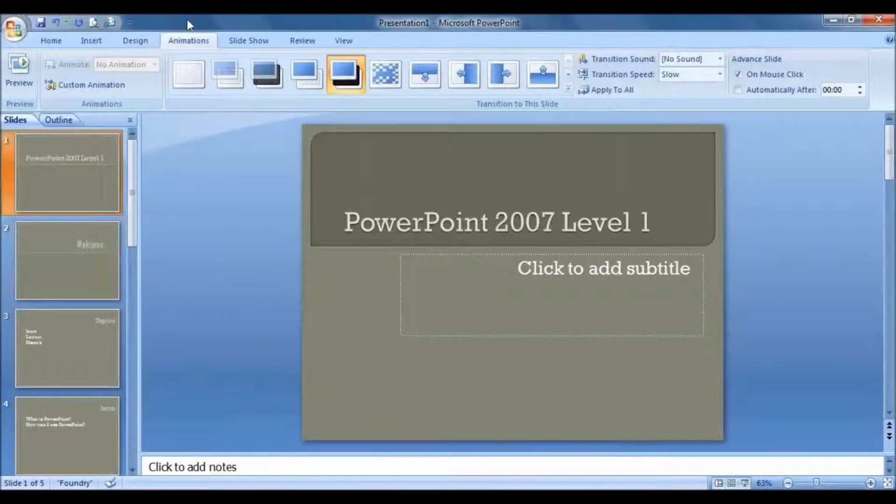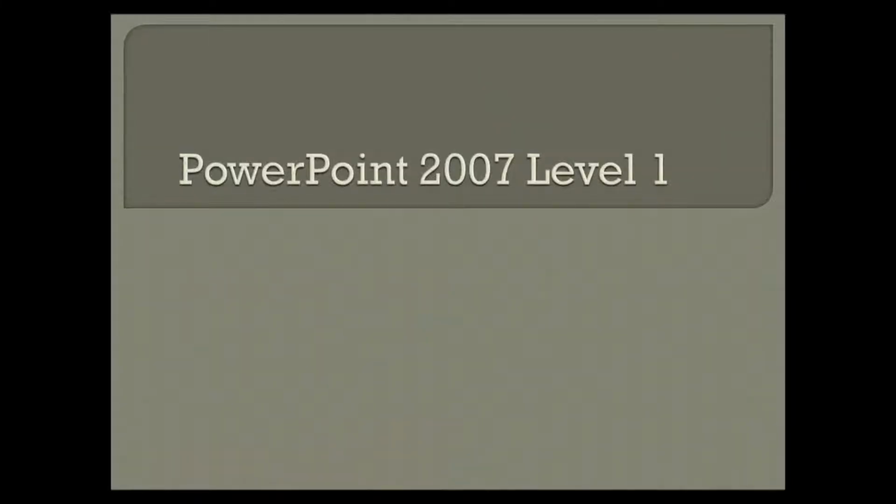So I'm going to start the presentation. Quick and easy way to do that is by pressing the F5 key on your keyboard, and that always starts the presentation on slide number 1, like you're ready to go. So here's the first slide, and you can click with the mouse to go to the next slide. I typically just use my arrow keys, especially when I'm testing it and practicing it, because then I could go back and forth